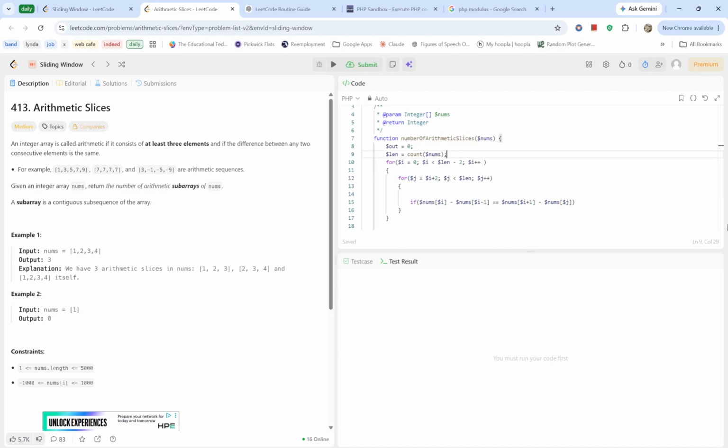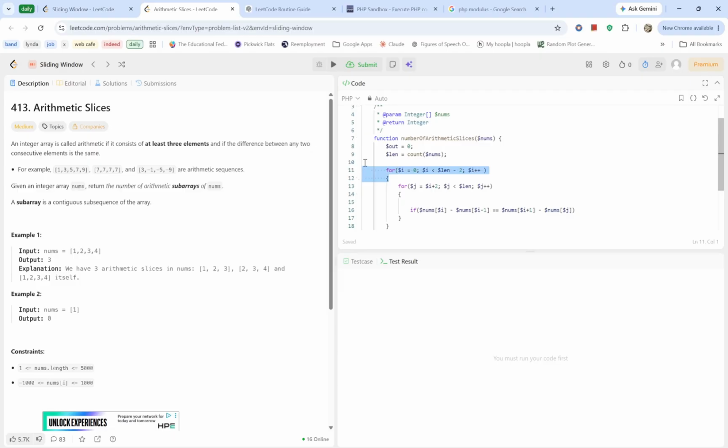There's a couple things I'm going to do right now. I'm going to take out these two for loops, right? And I am going to put i to be 0, and j to be 2. So now we already have a window open. And then I'll have a while loop, and I will say while j is less than length,